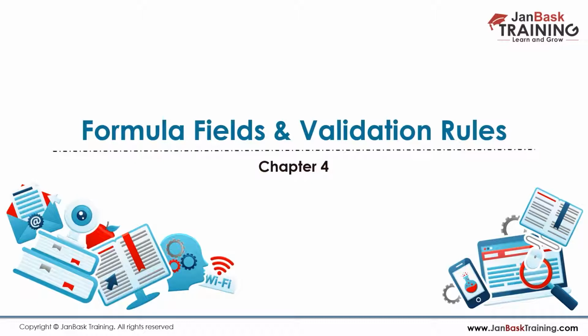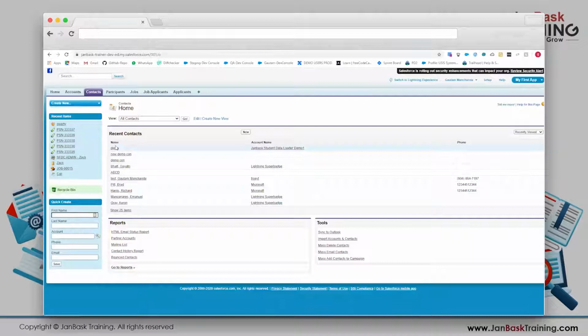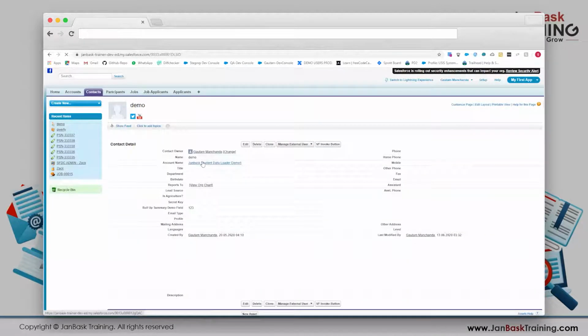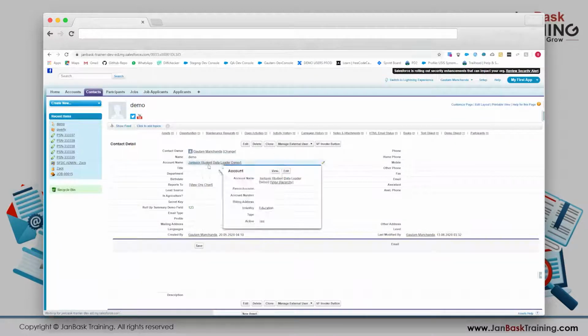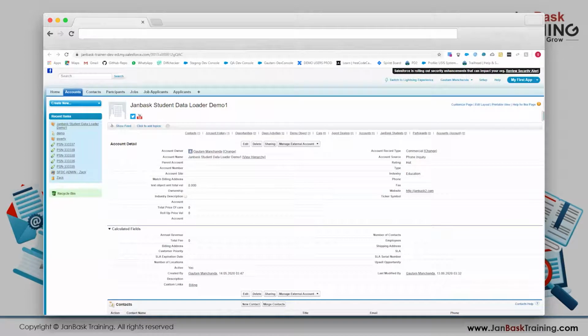What is the purpose of creating the relationship? I understand we are linking two tables, but why is there a hyperlink required? If I go back to my Salesforce org and open any of the related records, say account is related to contact, or contact is related to account, I open the contact. Why is the linking required in a way that it is a hyperlink? Why not only a text field with the name? Why is this kind of a key relationship given over here?